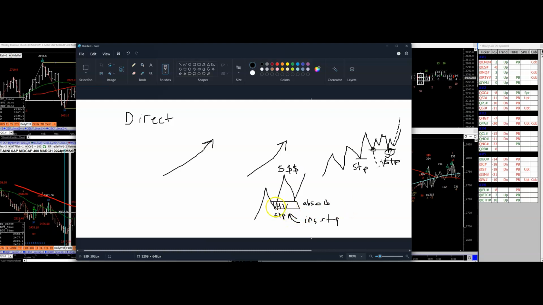So existing shorts have to cover because they're underwater, and new longs want to buy. Existing shorts want to cover because of fear of loss, because they're losing money, and new longs want to enter